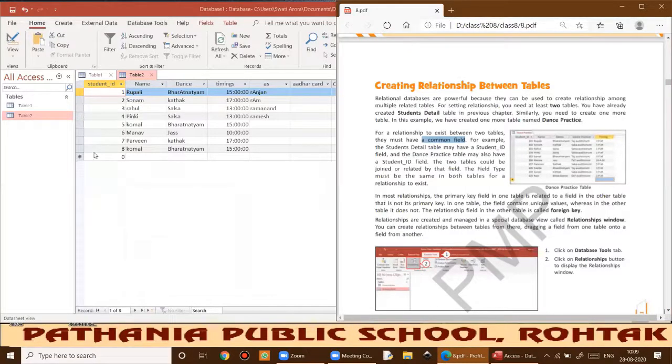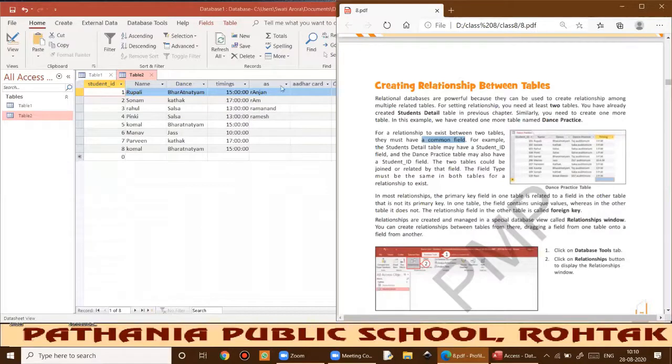Okay, so this can be your student ID. There can be more than one field in a particular table that can help me identifying the students or the records uniquely. Like if I have an Aadhaar card number, so Aadhaar card number will be unique for all. Okay, so either I can use the student ID or I may use this Aadhaar card number to identify Komal. Right, so if I'm using these two, means there should be at least one field that is helping me in identifying a particular record uniquely.